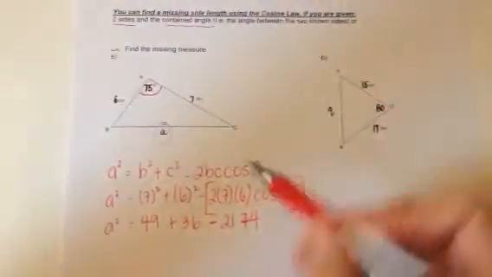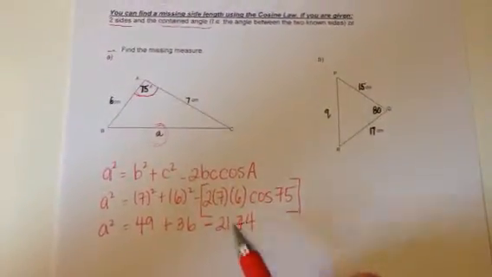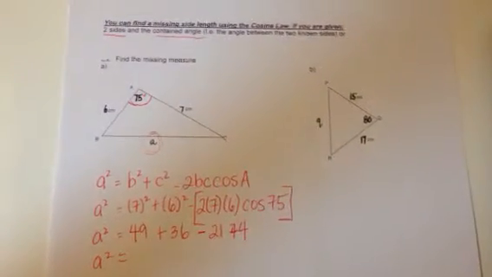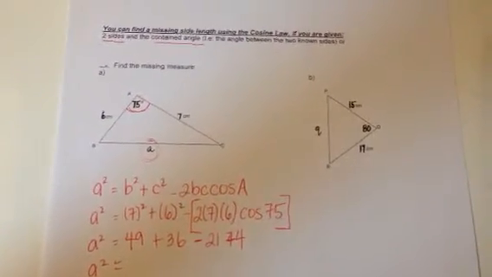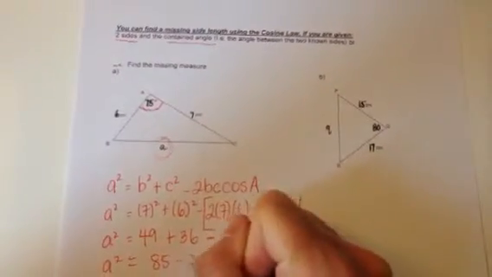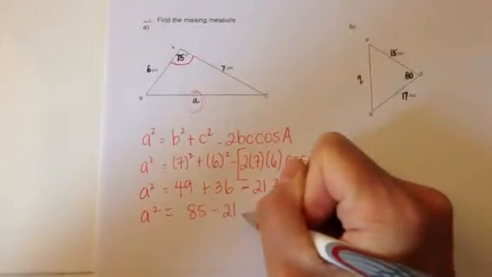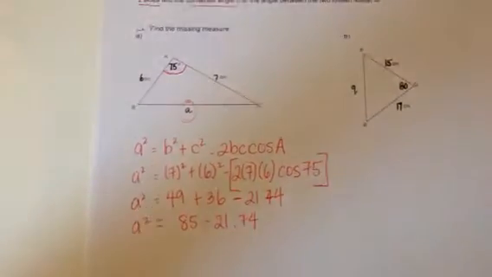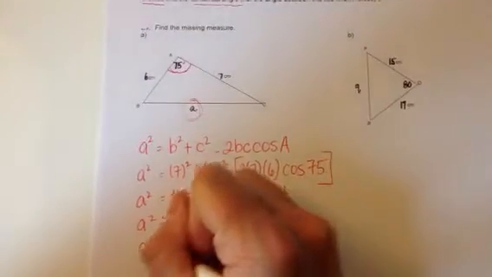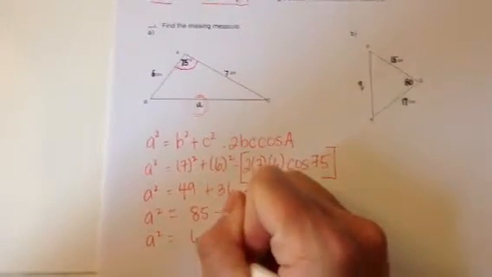Okay, so that's minus the 21.74. 49 plus your 36 is 85, minus your 21.74, A squared is equal to